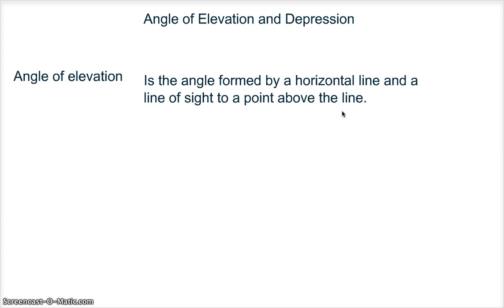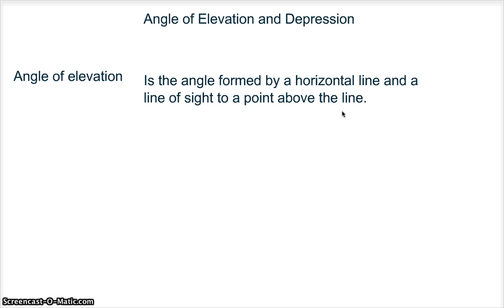Okay, today we're doing angle of elevation and angle of depression. This all ties into trig, so it's really just making trig word problems. And to make trig word problems, you just have to draw the picture first, and then after you draw the picture, you're just doing trig. So angle of elevation is the angle formed by a horizontal line and a line of sight to a point